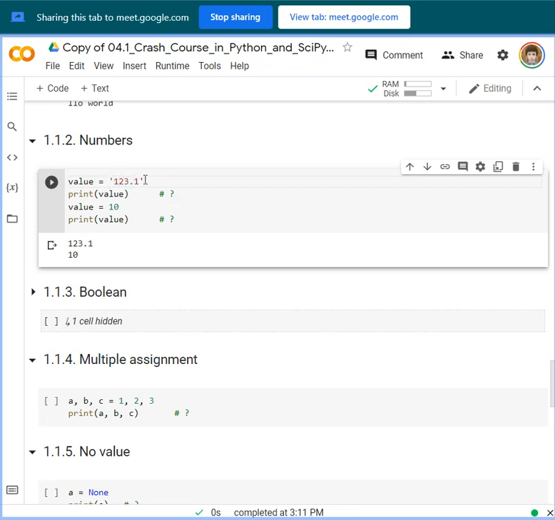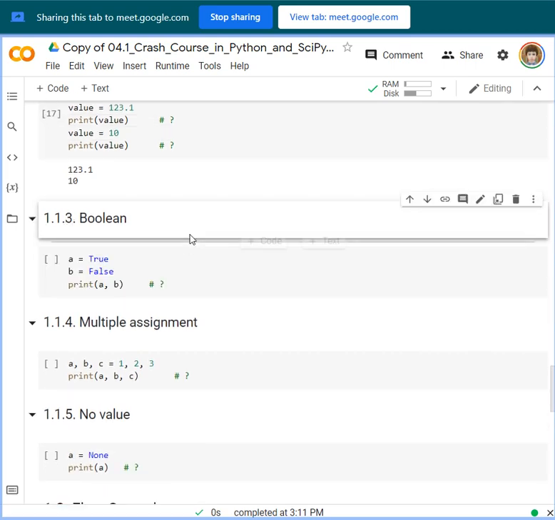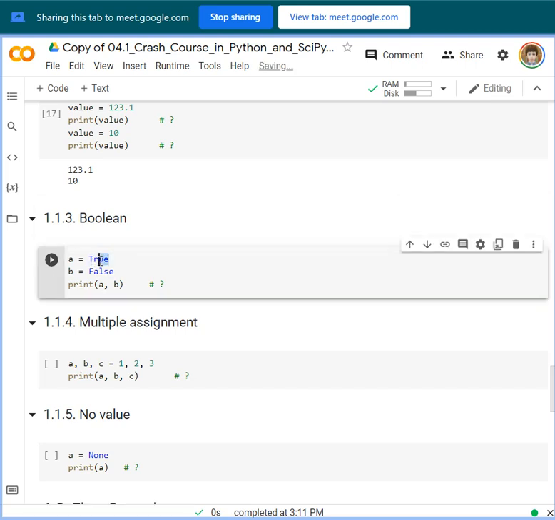It will be interpreted as a string if you put quotations, but numbers are without quotations. Okay, so for boolean, we can only assign two values, true or false. True here has a value of 1, and false is 0. Okay, so that is how we can assign a boolean.